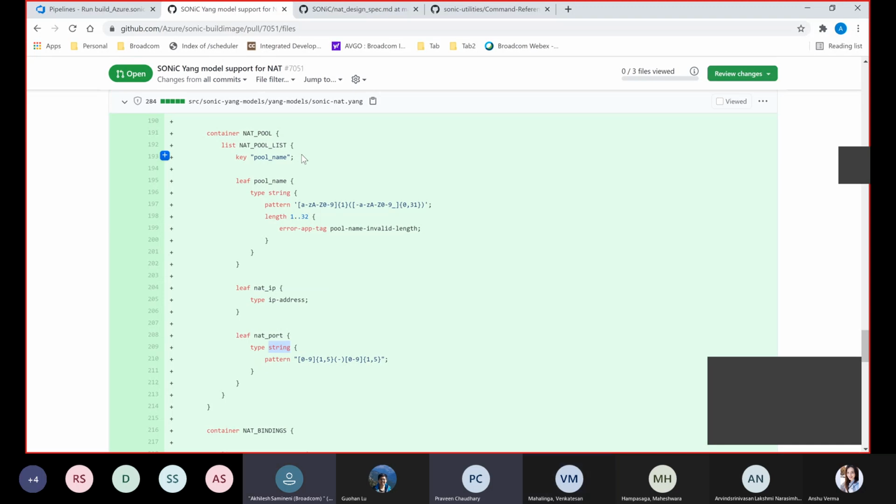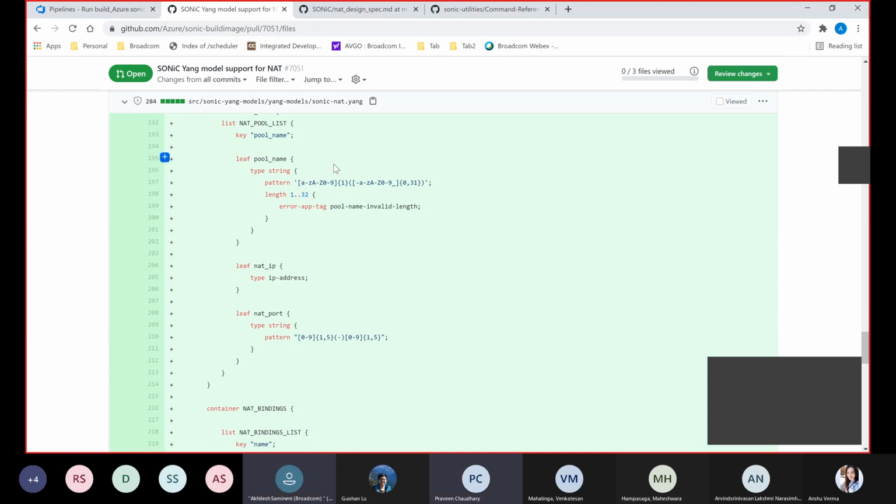Sure. When I used version 1.1, I saw some compilation error using max-elements. That's the reason I removed it from here. Maybe I'll update the correct version and add the max-elements. Correct. Then we need to find out if it's deprecated in 1.1. Basically, we need to find out as per the RFC which one specifies it. Sure, I will find out. Maybe someone can give a comment in the PR if you find anything regarding the version and max-elements. Sure, I'll try to do that. Thanks a lot.